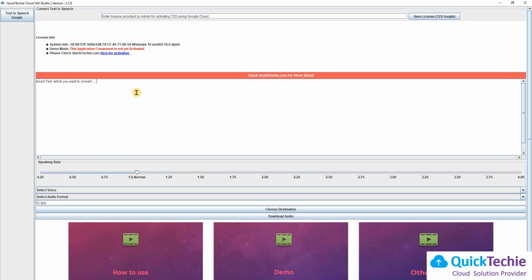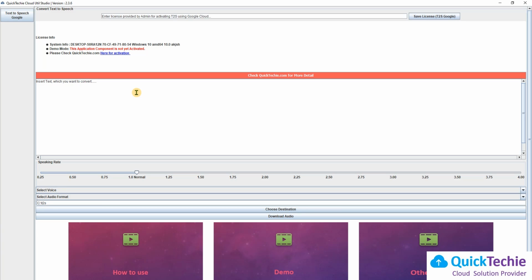Now this is the place where you would insert your text to convert into either MP3 format or OGG format. There is a limitation in Google on how much text you can convert into an MP3 or OGG file. In a single request they support only 5000 characters. If you want to create an MP3 file of more than 5000 characters, Google directly does not provide that.